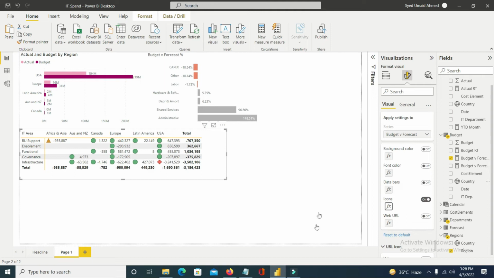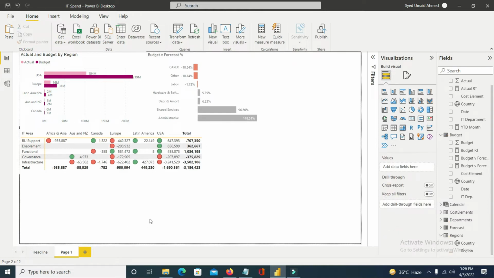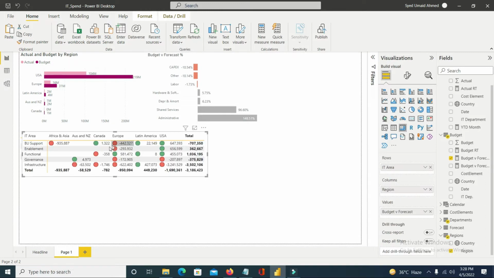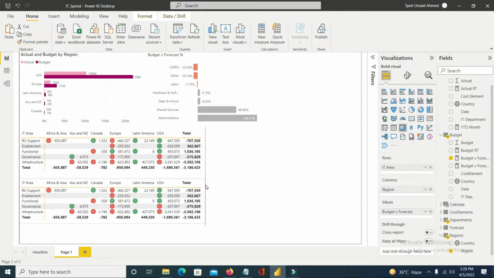So you can see the conditional formatting is applied and the red dots and green dots are shown according to the IT area. Now I will not do more of the effort, but I will copy this visual by clicking Ctrl C from my keyboard, and after clicking on the white screen I will click Ctrl V. So the visual is pasted. Now I will pick this visual and place it here, but now I have to do a little bit of changes. The little bit of changes means in the IT area